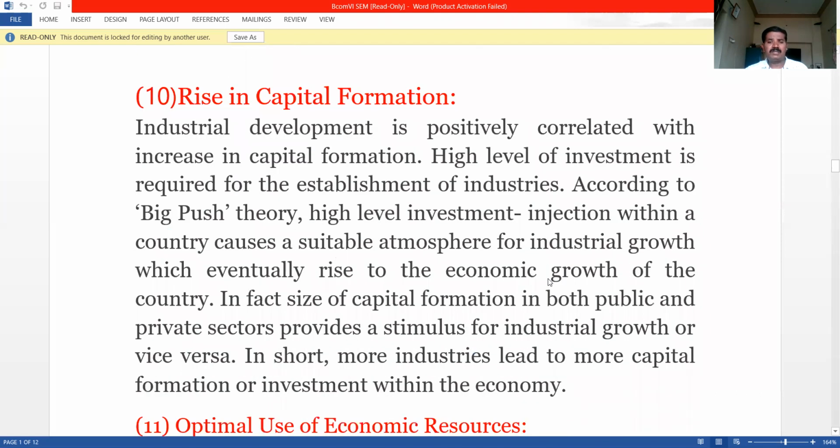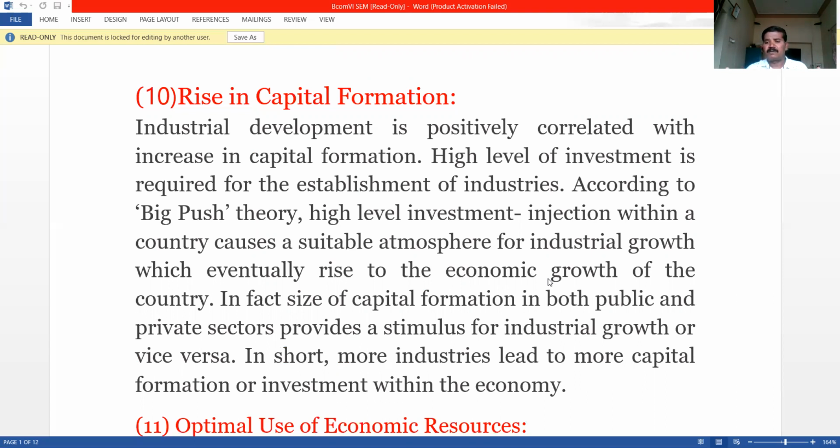Next one, rise in capital formation. Industrial development is positively correlated with an increase in capital formation. A high level of investment is required for the establishment of industries. According to the Big Push theory, a high level of investment injection within a country causes a